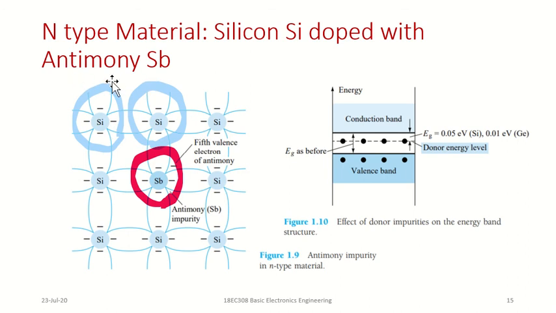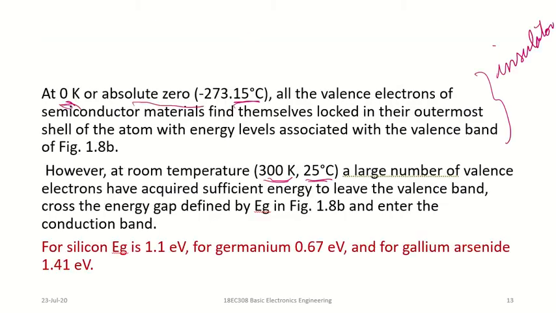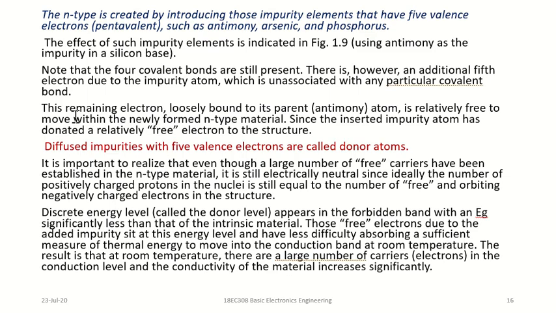So an n-type semiconductor is made when I add a pentavalent impurity, here antimony. If you look at the conduction band, the new donor energy level is introduced. The new energy level is 0.05 electron volt for silicon or 0.01 electron volt for germanium. In intrinsic form, what is the energy gap? It is 1.1 electron volt for silicon or 0.67 electron volt for germanium. But once I add the impurity, the new energy gap, the new energy required, is very, very small.